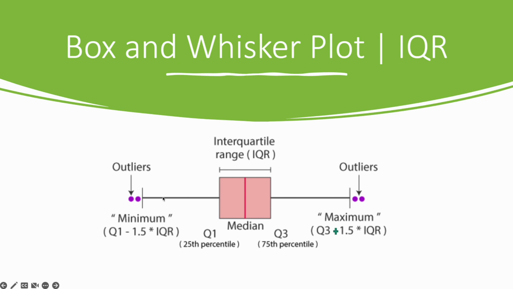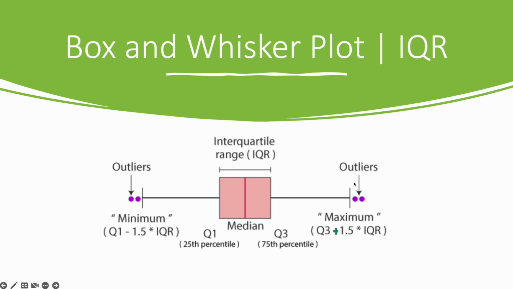Where are they extending to? They're extending to Q1 minus 1.5 IQR. What was IQR? IQR was my Q3 minus Q1. So from Q1 towards the left, you have to subtract 1.5 IQR, and the point where you reach will be the left side end of your series, or the minimum. Similarly, Q3 plus 1.5 IQR towards the right will be your extremum for the right side, or the maximum